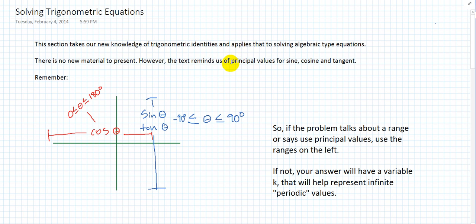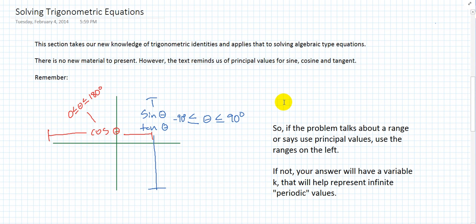We first need to review principal values, and that's when we talked about cosine being between 0 and 180, and then sine and tangent between negative 90 and 90. So the book talks about principal values. That's what they're talking about. It's nice when they do, because then you end up with one, maybe two answers at times. It's not nice when it's not principal values, because then you have to be careful that you put the k in there, because you can represent an infinite number of